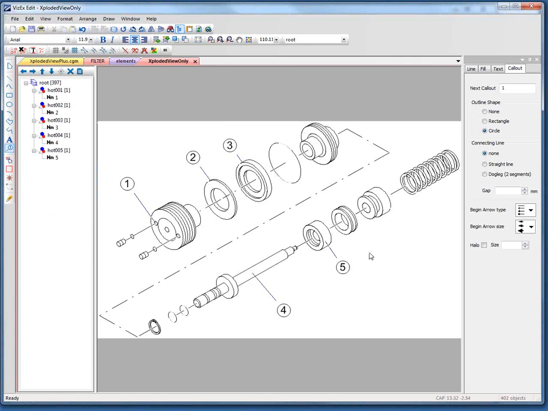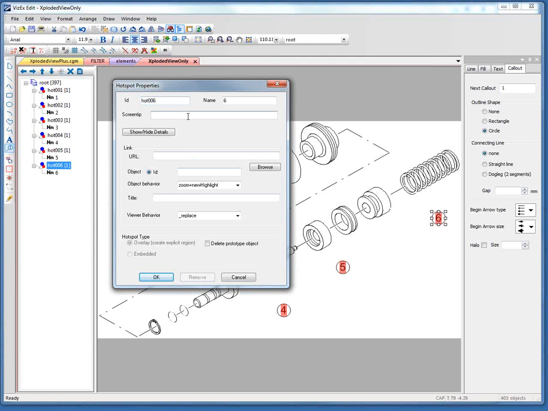Okay, I'm just going to add a few of them here, enough to show the idea. So there we are. So now if we see all the callouts, if I click on show hotspots, I can see that those are all hotspots. Again, we may want to, let's see, I'm going to show you, I can put that metadata in again, that screen tip,